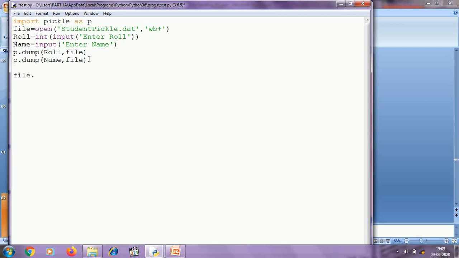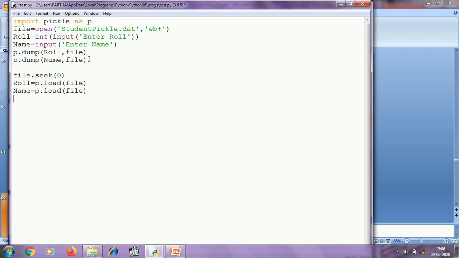So first of all I need to point the file pointer to the 0th byte of the file. So using the seek method we can do this, and after that using the load function I am going to deserialize, or I am going to read the roll from the file, and now I am going to read name from the file.